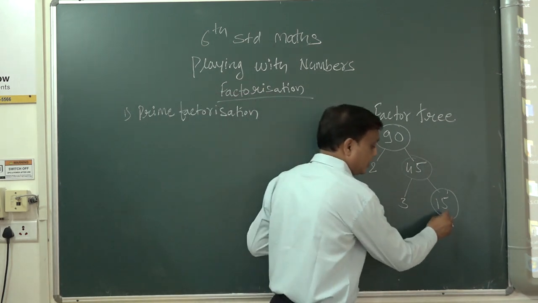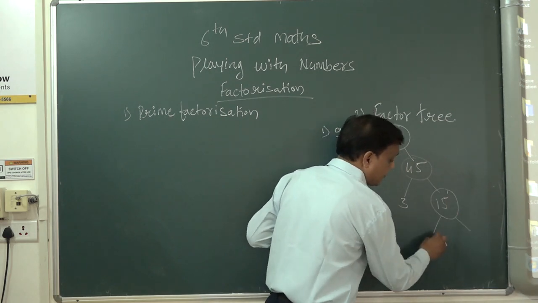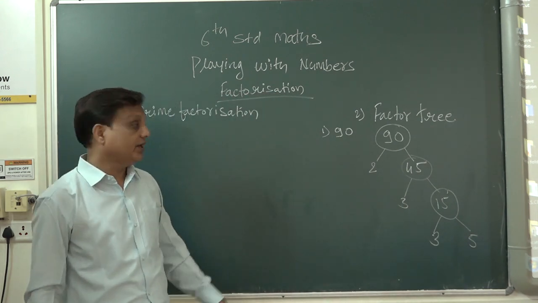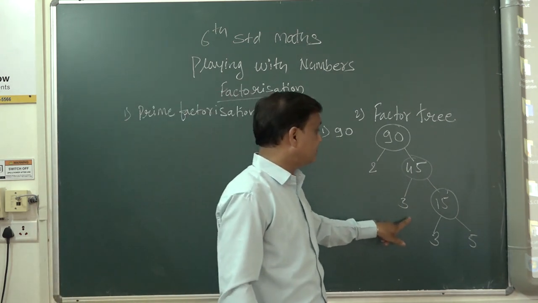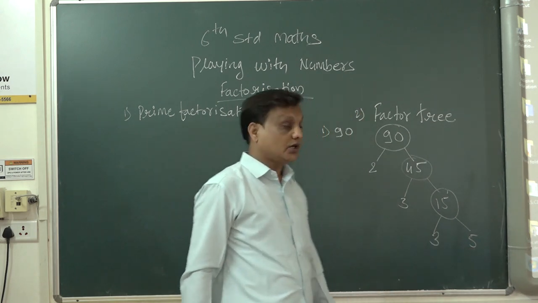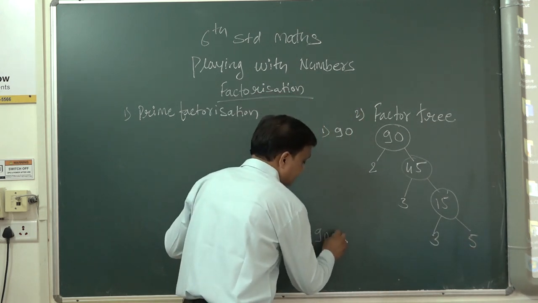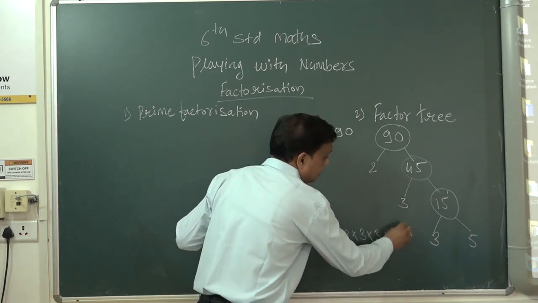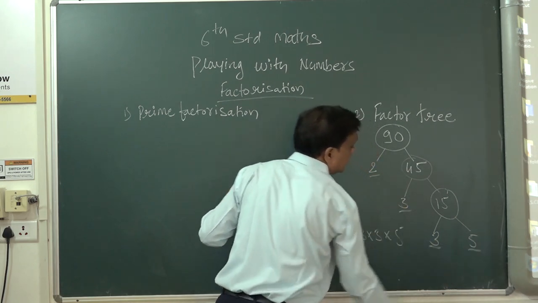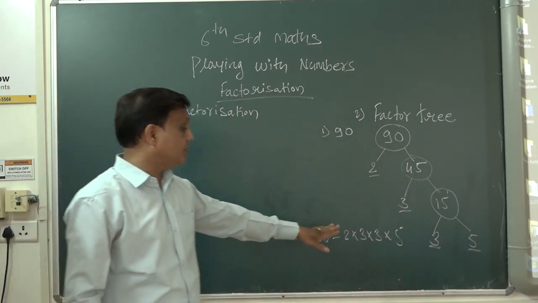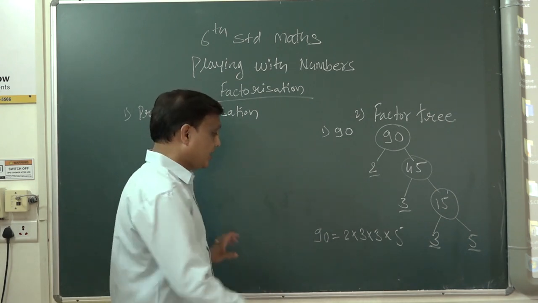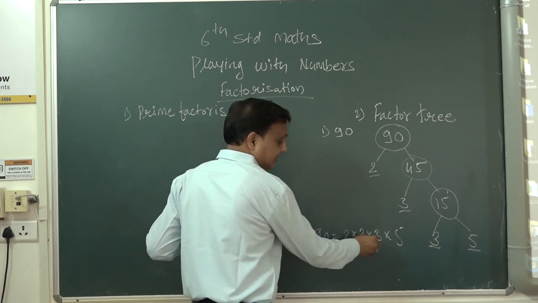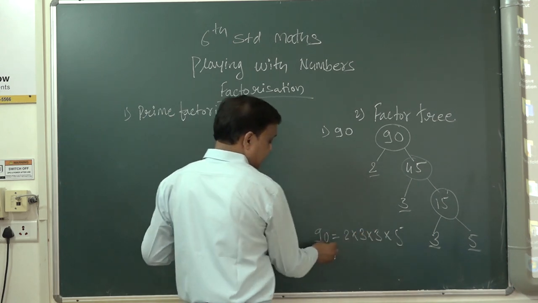The 15 again you have to put 2 legs or 2 hands. This comes in 3 5s are 15. If you see, this is a prime number, this is a prime number, this is a prime number, and this is a prime number. Now again you have to write down the factors: 2 into 3 into 3 into 5. All the prime numbers you have to write together and find the product of the prime numbers. 2 3s are 6, 6 3s are 18, 18 5s are 90.